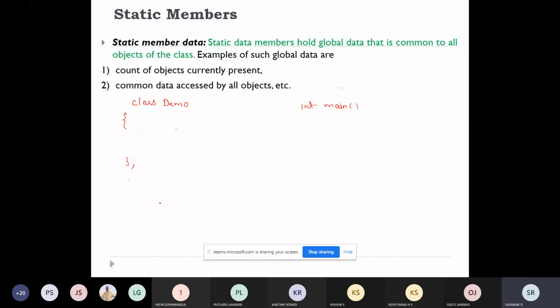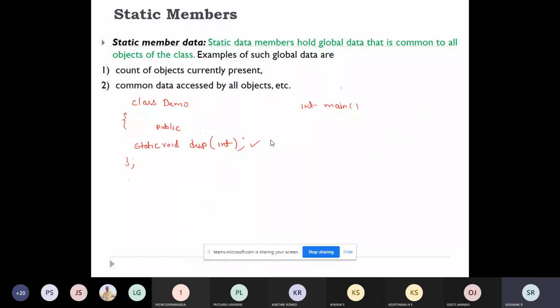Function prototype means the return type, the name of the function, and some parameters. This is a normal member function. If you want to make it a static member function, just add the keyword static. So now display has become the static member function.